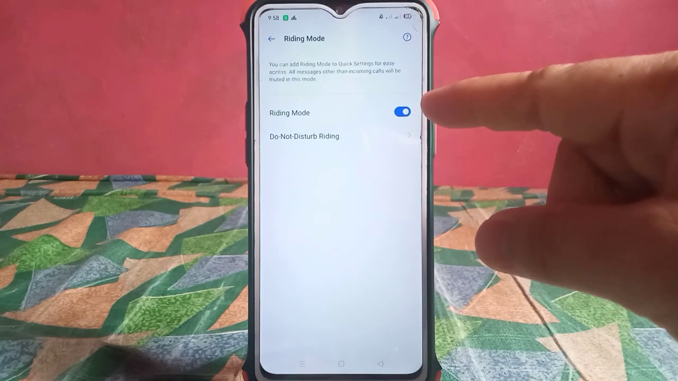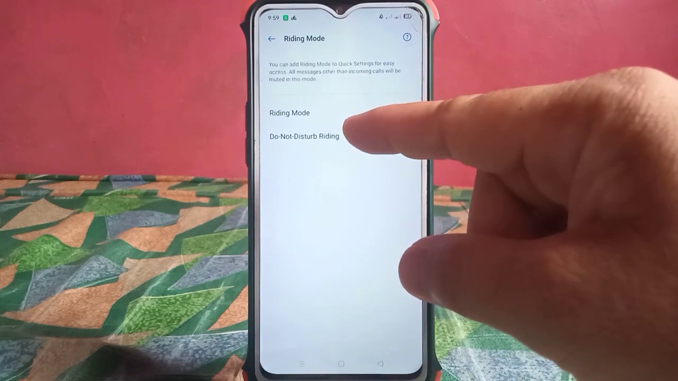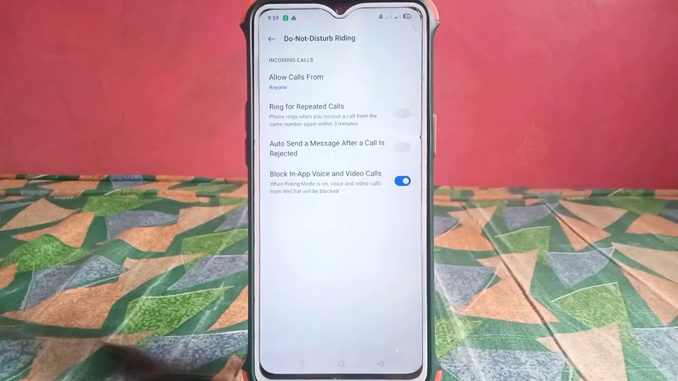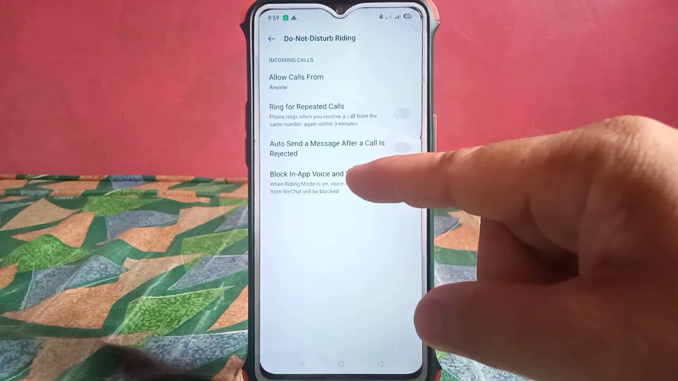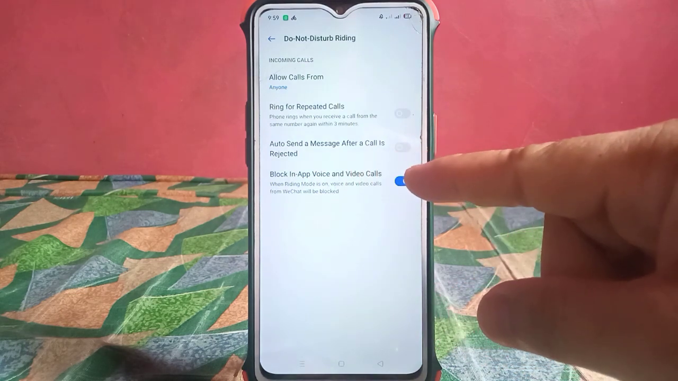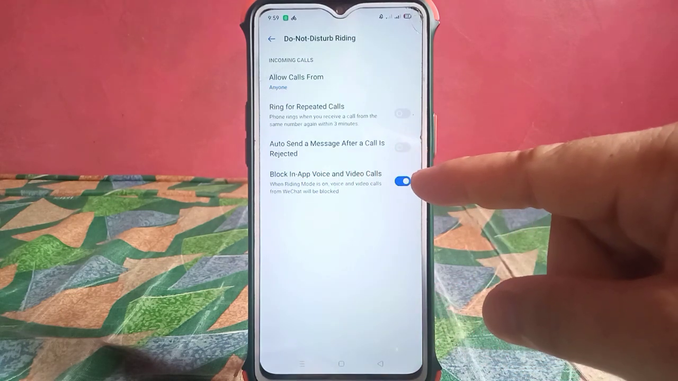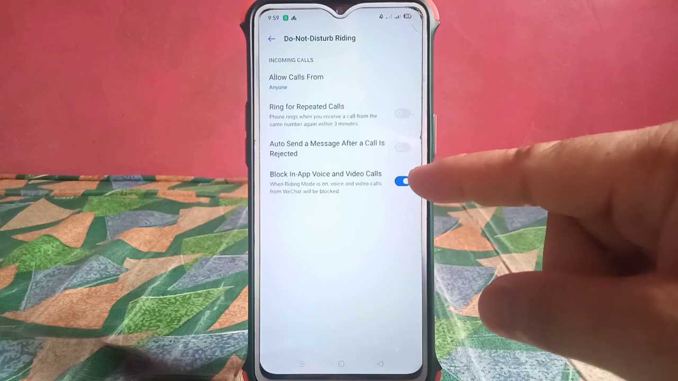All you have to do is go to Do Not Disturb Riding. Here in Do Not Disturb Riding, in Incoming calls, you can see below the Block in-app voice and video calls. If this is turned on, when riding mode is on, voice and video calls from WeChat